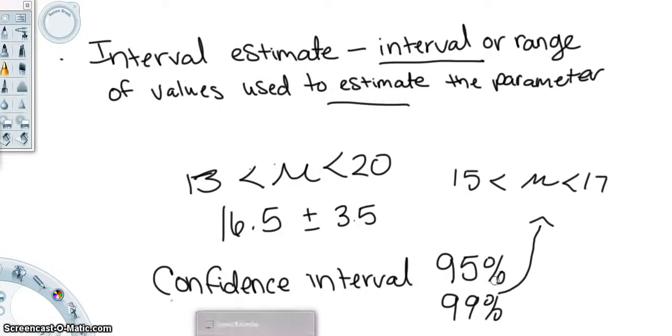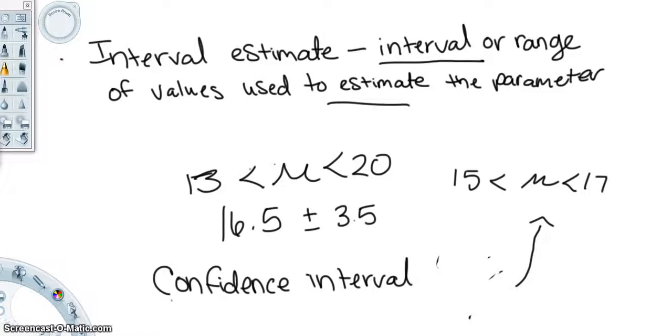If I ignore this over here real quick, if I wanted to have an interval that is 99% instead of 95%, which is my confidence interval going up,